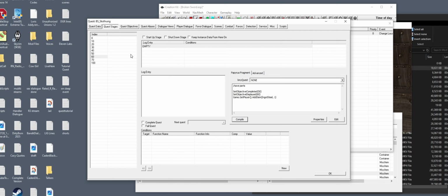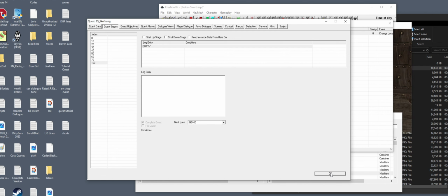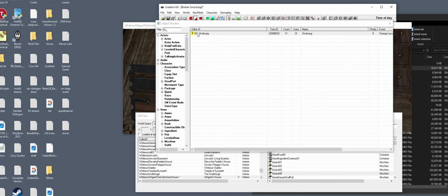Now from here, he tells you to go and create the sword or repair the sword. So once you repair the sword, it's going to add the sword to your inventory. That completes the quest. So complete all objectives. Stop. Compile there. And click OK. So we're now coded. But we're going to do one other thing, and that is